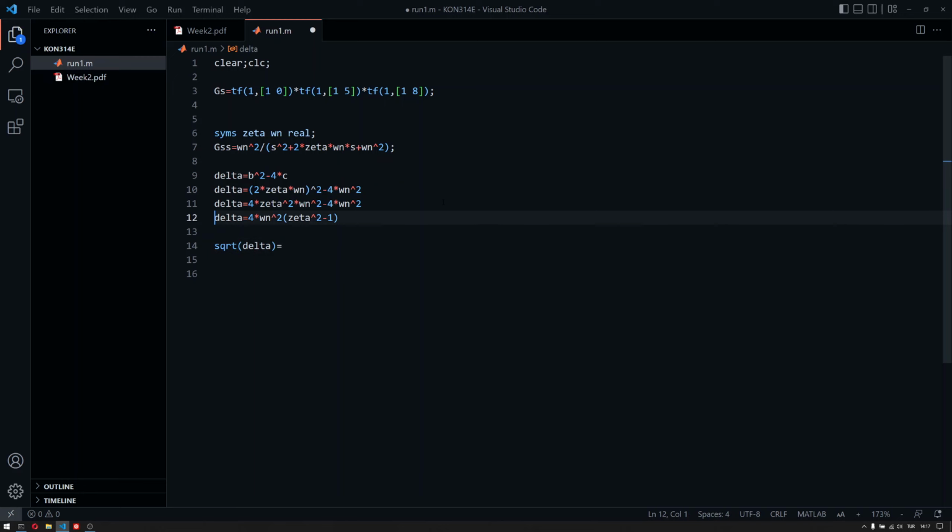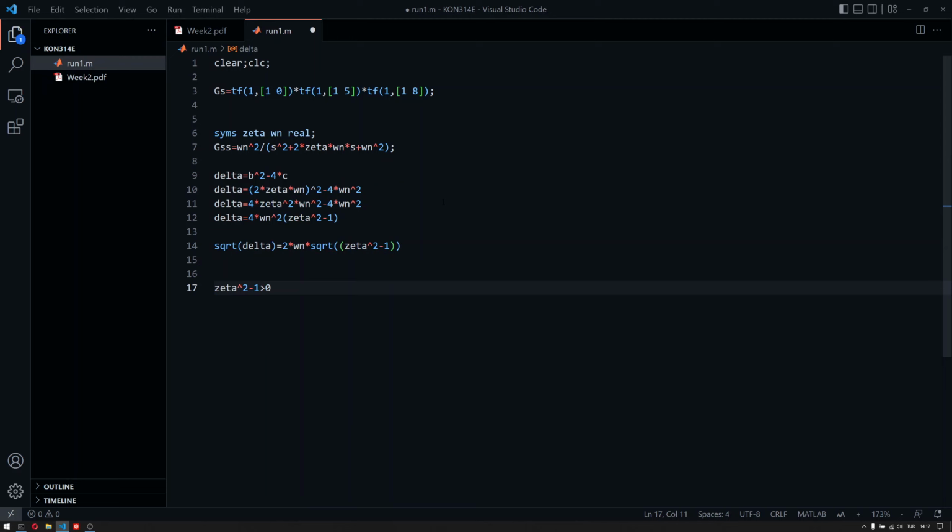Therefore, it would become the square root of this term. And the square root of 4 omega n squared is going to be 2 times omega n times the square root of zeta squared minus 1. Now, if zeta squared minus 1 is positive,